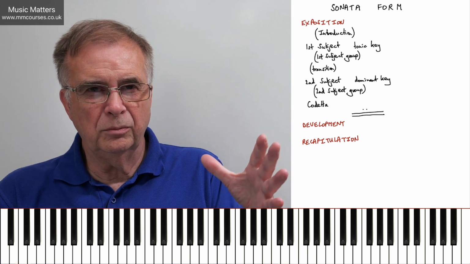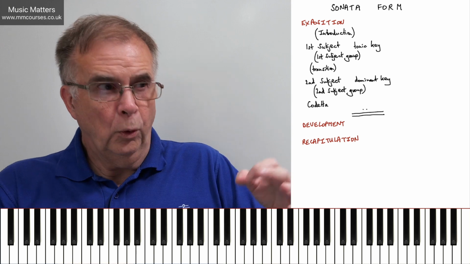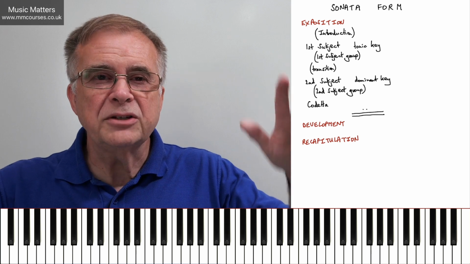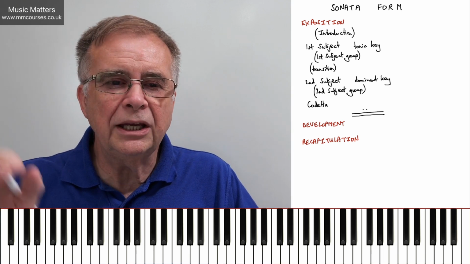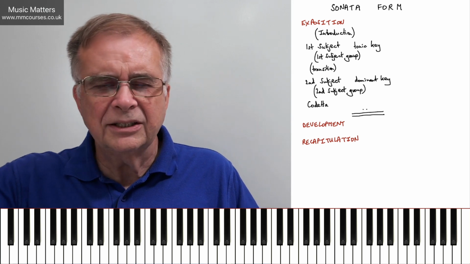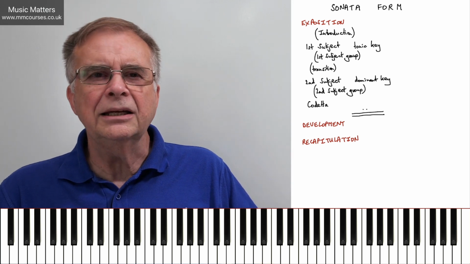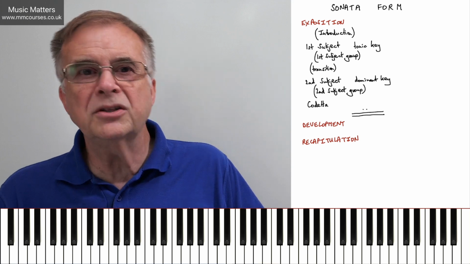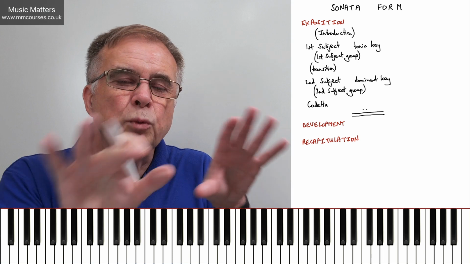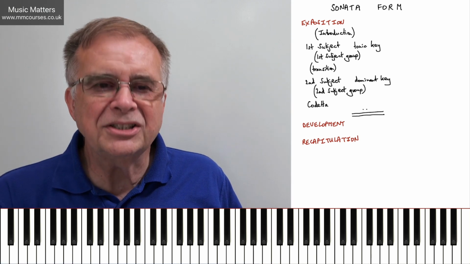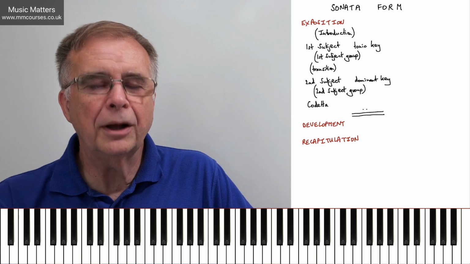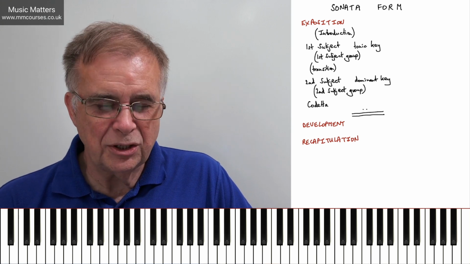Notice I keep offering this caveat of what we're expecting to happen, because sonata form is much freer than it looks, and you'll very quickly come across a sonata form movement and say, hang on a minute, I thought you told us the second subject had to be in the dominant key, but this one's got a second subject in the subdominant key. Well, that's going to happen. Absolutely. So when I say this is what should happen, this is the standard framework that we're outlining at the moment, and we will come back and look at variations on this plan.